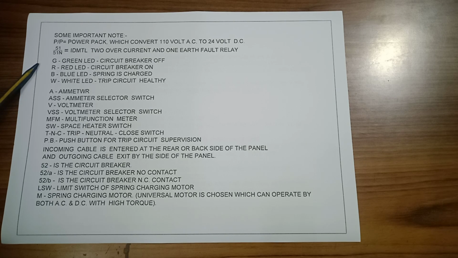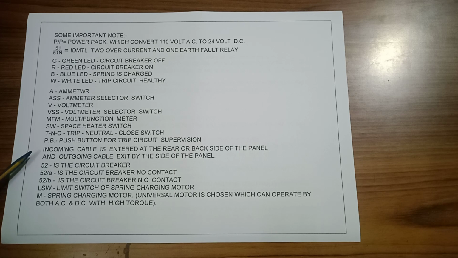G green LED circuit breaker off, R red LED circuit breaker on, B blue LED spring is charged, W white LED trip circuit healthy, A ammeter, ASS ammeter selector switch, V voltmeter, VSS voltmeter selector switch, MFM multifunction meter, SW space heater switch, TNC trip neutral close switch, PB push button for trip circuit supervision,